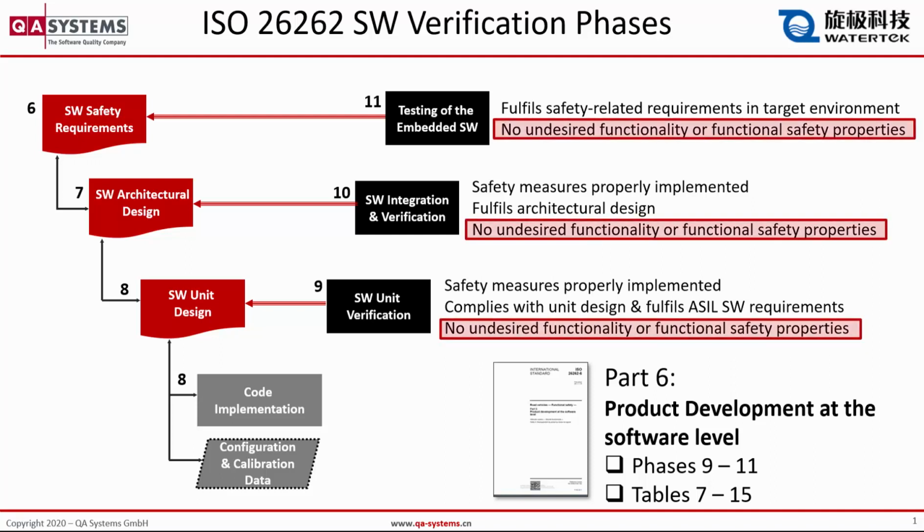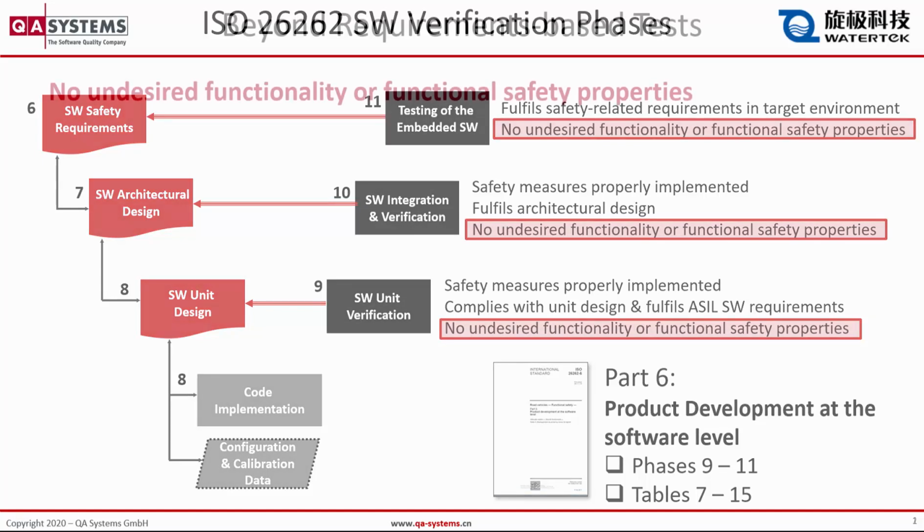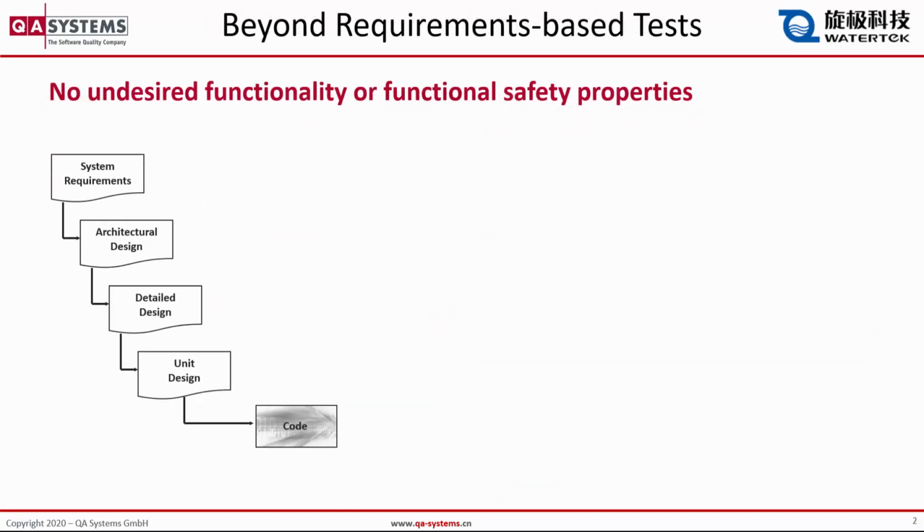In this presentation, we are going to concentrate on achieving demonstration that there are no undesired functionality or functional safety properties. This is going beyond the requirements, specifications and testing that ensure that the safety measures are properly implemented and that they comply with the architectural or unit level design. So looking beyond requirements-based tests and no undesired functionality or functional safety properties,